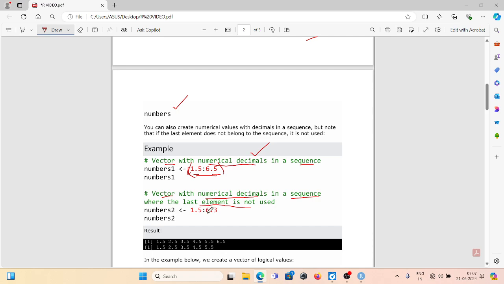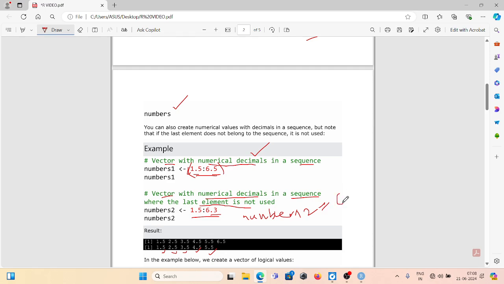The output will be displayed as 1.5, 2.5, 3.5, 4.5 and 5.5. It won't take 6.3 because 6.3 is not in the sequence, right? So how can you get that? You have to create a vector. Either you can write here numbers is equal, this is one way of writing the code, or you can write numbers2 is equal to c,